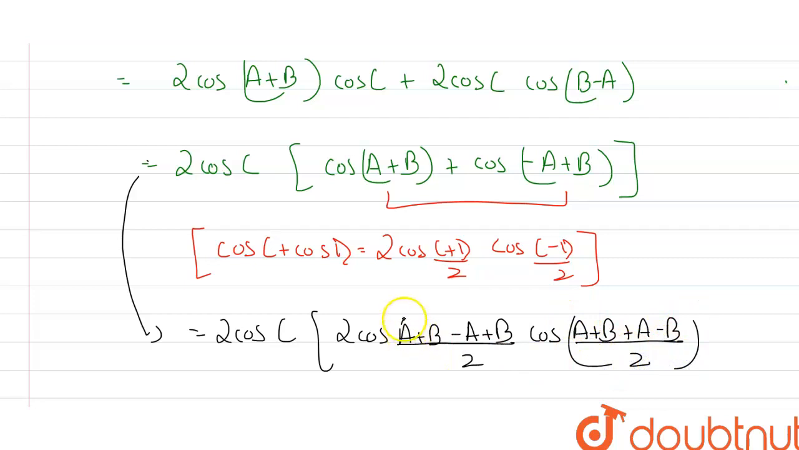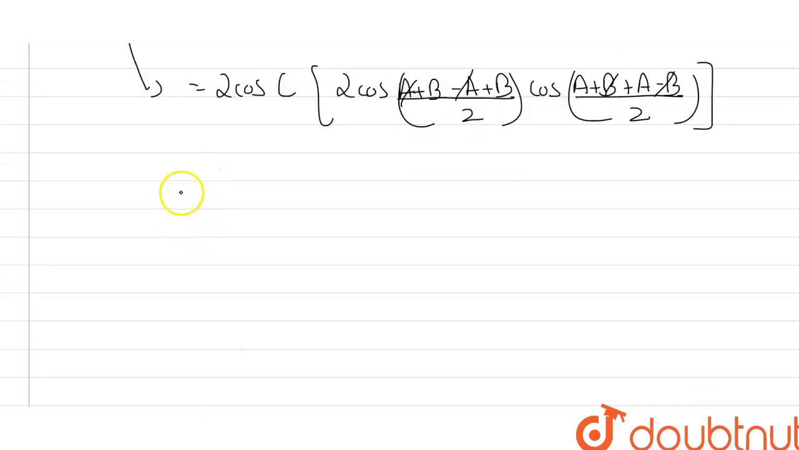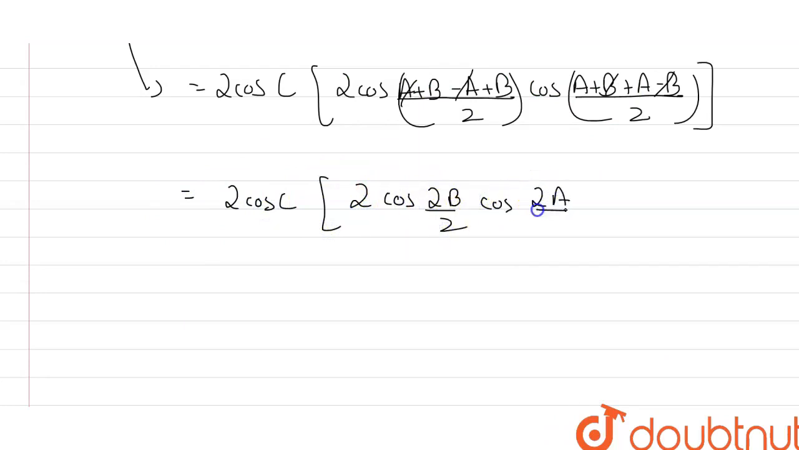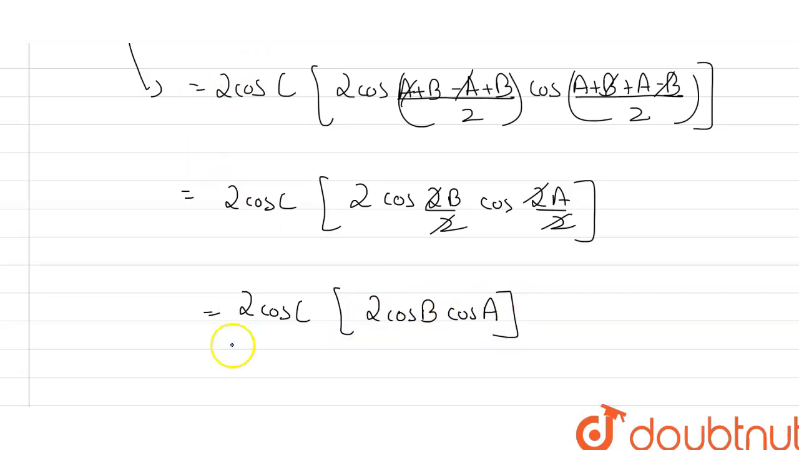From this I can clearly see that A and A cancel out, and here B and B cancel out. So we are receiving the value here, this is equal to 2 cos C by 2 times 2 cos of 2B by 2 and cos of 2A by 2. Now you can see that this 2 and this 2 cancel out. So after solving this further, we are going to see the value is 2 cos C by 2, and here I am left with 2 cos B by 2, and the product of cos A by 2. Now if I open the brackets, 2 into 2 will be 4 cos A by 2, cos B by 2,